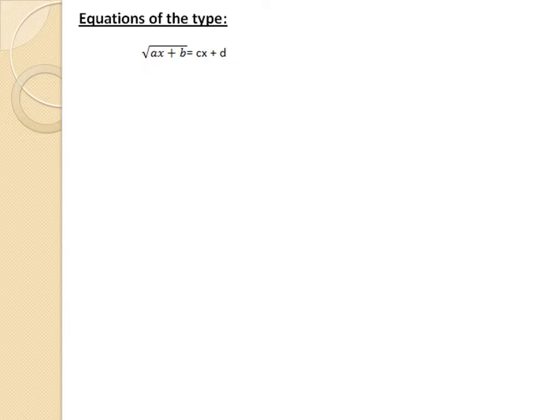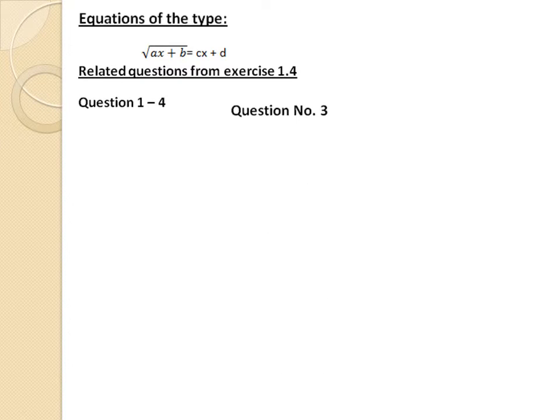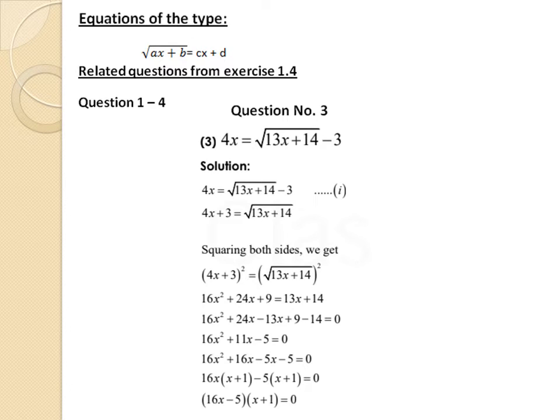First of all, we solve radical equations of type 1, which is square root of ax plus b is equal to cx plus d. Here in this equation, students, x is the variable and a, b, c, d are constants. If you identify your type 1, you will observe that there are two linear expressions on each side of equation. One is ax plus b and the other is cx plus d. And one linear expression out of these two is written under the radical sign. So this is how we identify our type 1 radical equations.